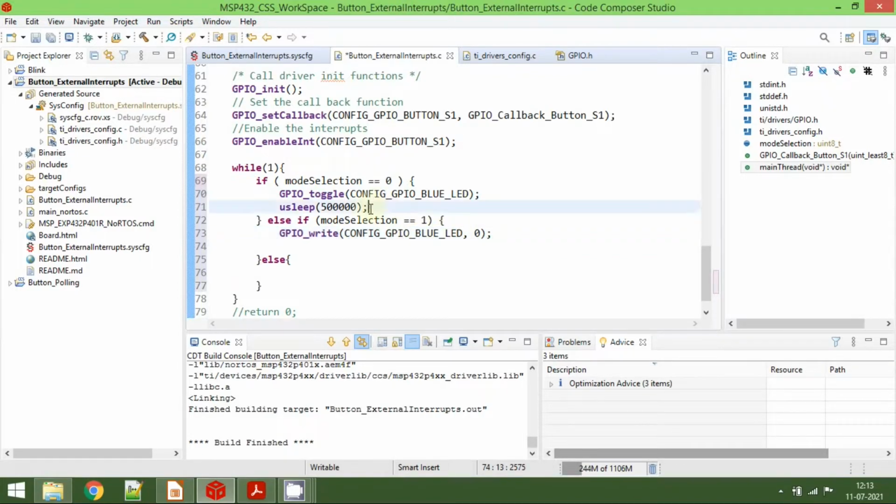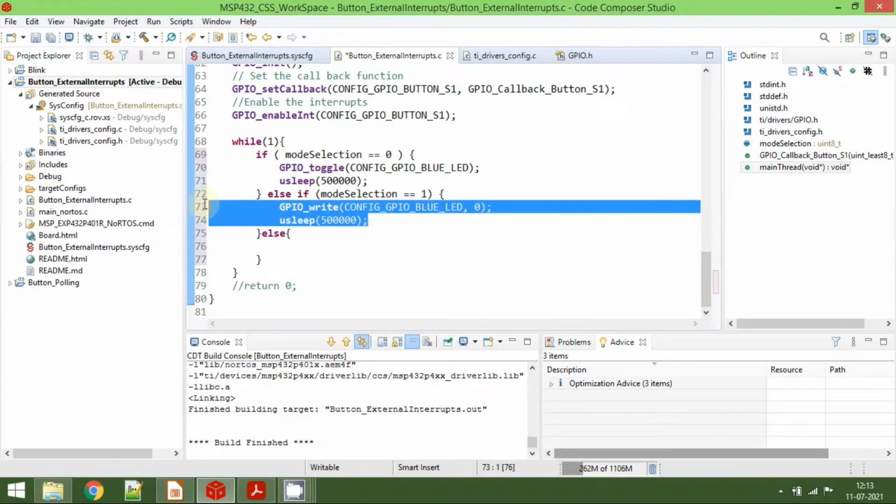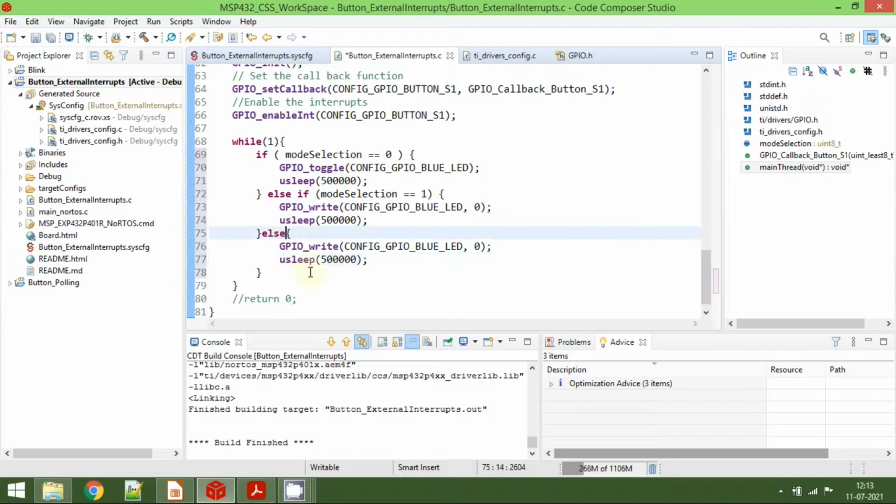We are going to give 500 milliseconds again to see the change actually, and then else if the mode selection is equal to 2, then we are going to turn on the LED again.